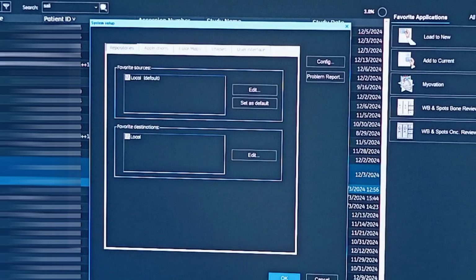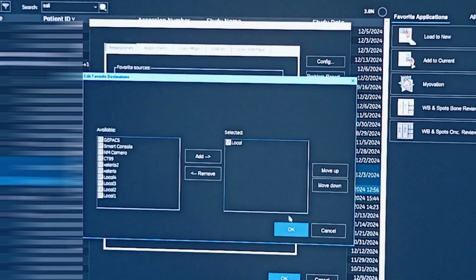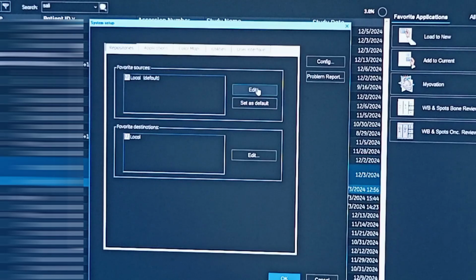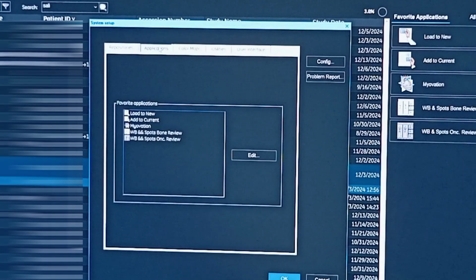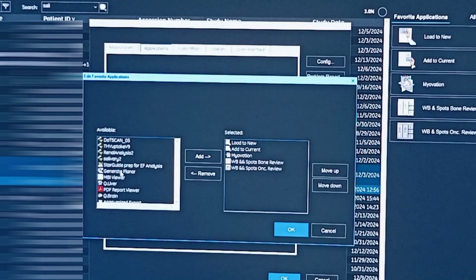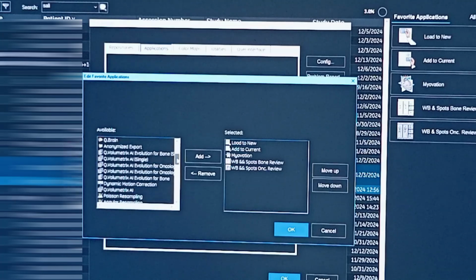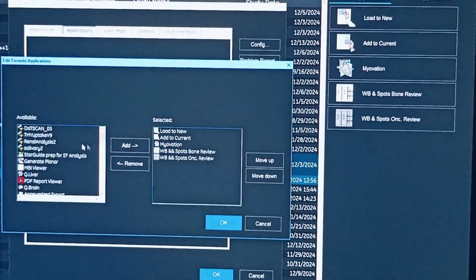Click on this and there is an option, applications. In this we have to click edit. So on the left hand side you can see the applications under all applications, and you can add, for example,